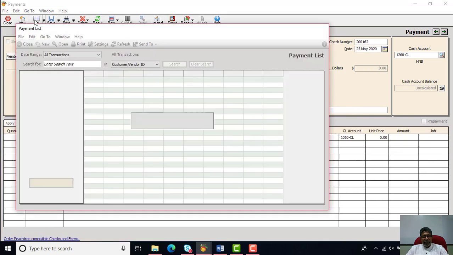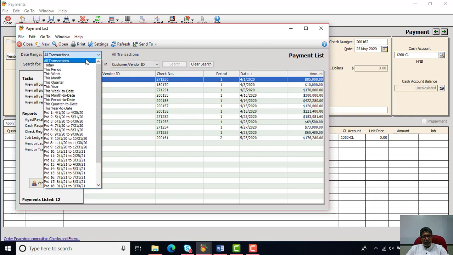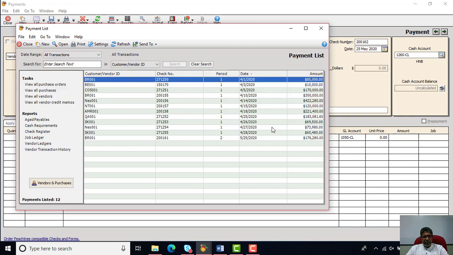So that complete the all type of payments to the vendor. Now you can see in this particular list, we got 12 transaction updated. So by the time you know how to make the payments to your vendors by using various options such as settlement of the outstanding bill payment, cash purchases, then the advance payment, and also we know how to make the part payment to our vendors time to time, right?